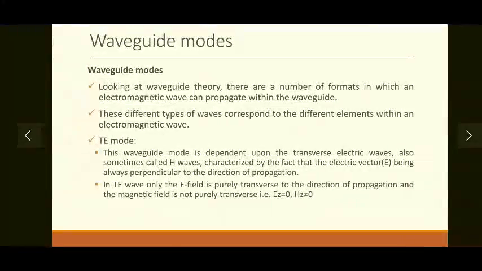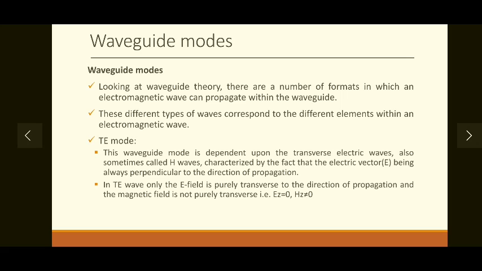So before studying the analysis, first of all, what are the waveguide modes? In the waveguide, electromagnetic waves can travel along different patterns. All these patterns are called modes. That means some components of a wave may travel in the perpendicular direction, some components of a wave may travel in the horizontal direction, that is along the direction of propagation of the actual wave. Depending on these components, there are different modes defined for the traveling of electromagnetic waves.